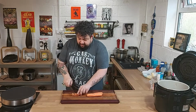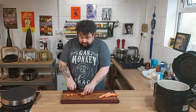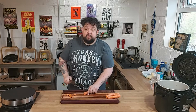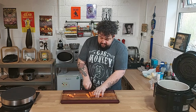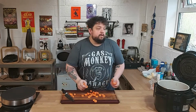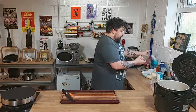I'm not going to bother peeling them. We're going to hit these with an immersion blender when everything's been cooking in the Ninja Foodi for a while, so everything's going to get blended up, so the size that you cut stuff doesn't really matter. That'll do. So that's 3 medium-sized carrots, a whole onion,